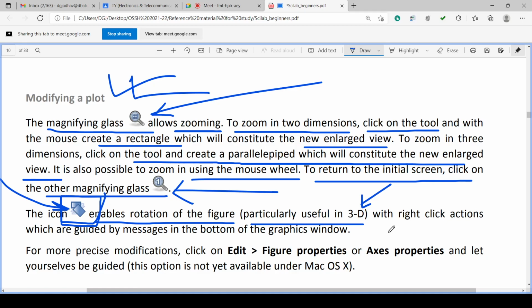For a plane figure we can observe the complete figure on the screen, but if you want to observe a completely 3 dimensional figure, we have to rotate it. So this is a rotation tool, just like the zooming tool.